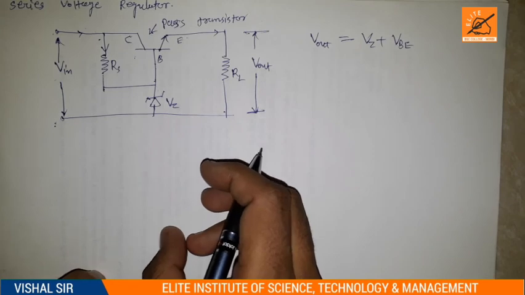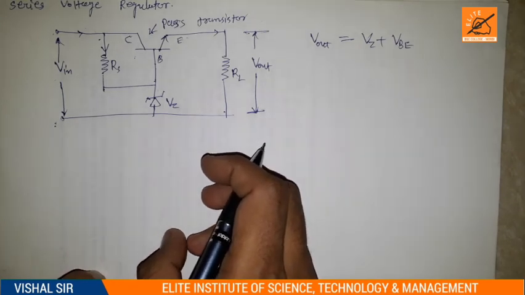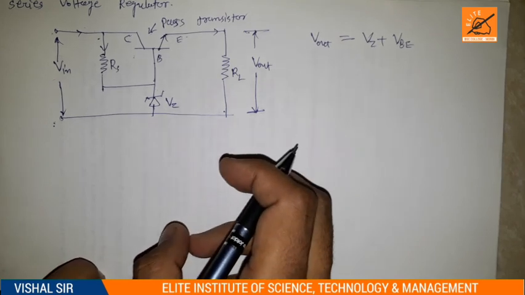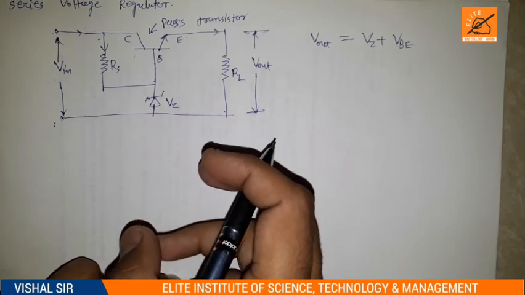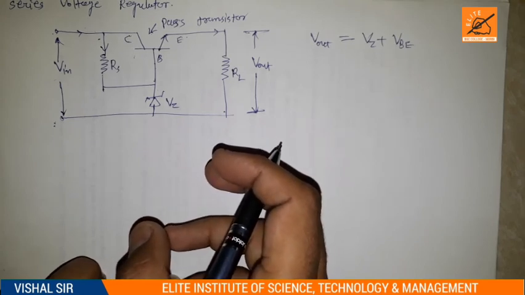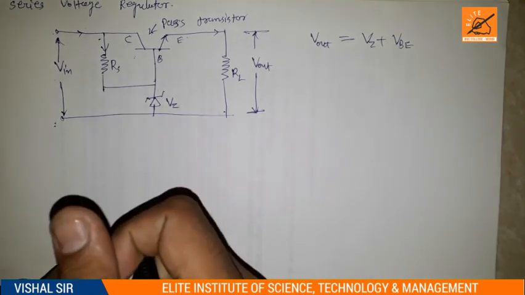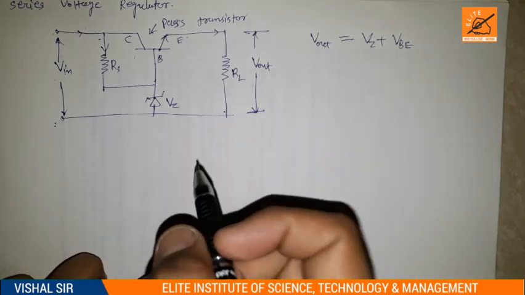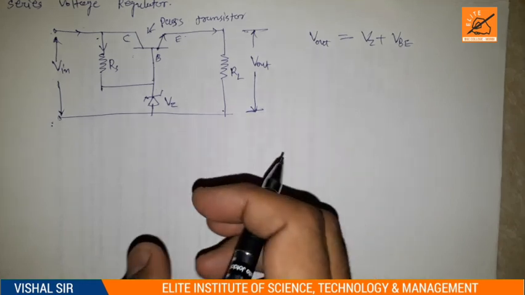This is how you can recognize design variations of shunt and series regulators. In shunt regulators, the input current is constant when the load current changes, whereas in a series regulator it changes when the load current changes. Okay, so this is the comparison between series and shunt voltage regulators.